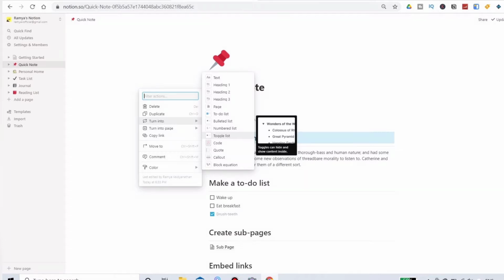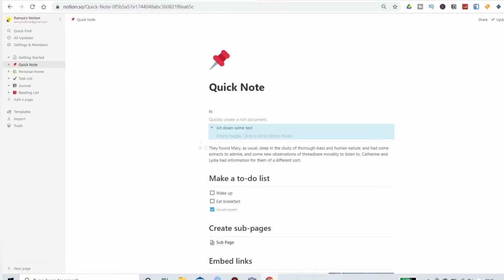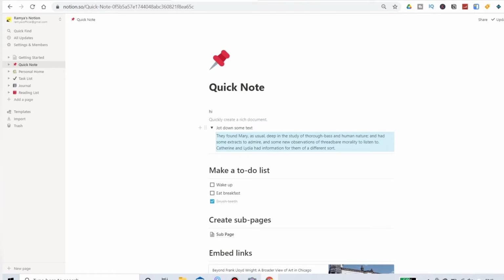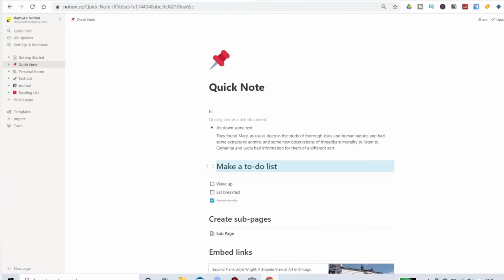Another thing is, you can drag and drop any block into another block. So basically Notion is a block type notebook. Here you can also put it into it, so if you close it, it will be done. This is the main thing in Notion, that it is block type. And another thing is, you can change this into blocks.